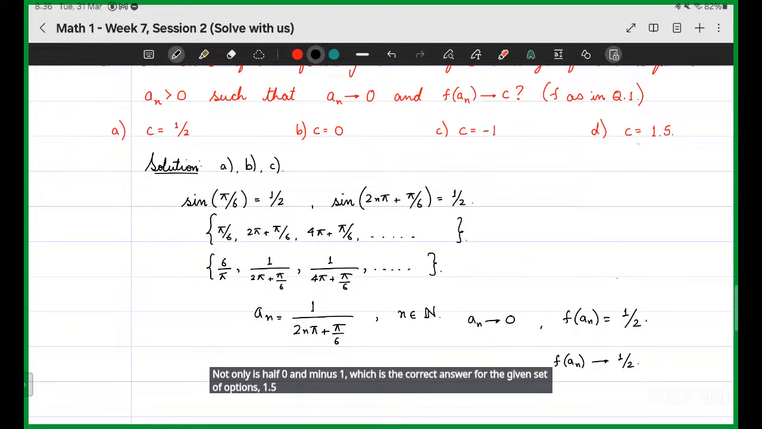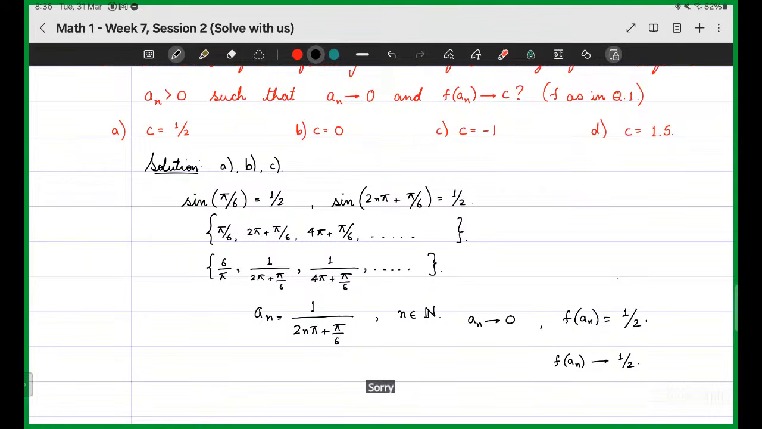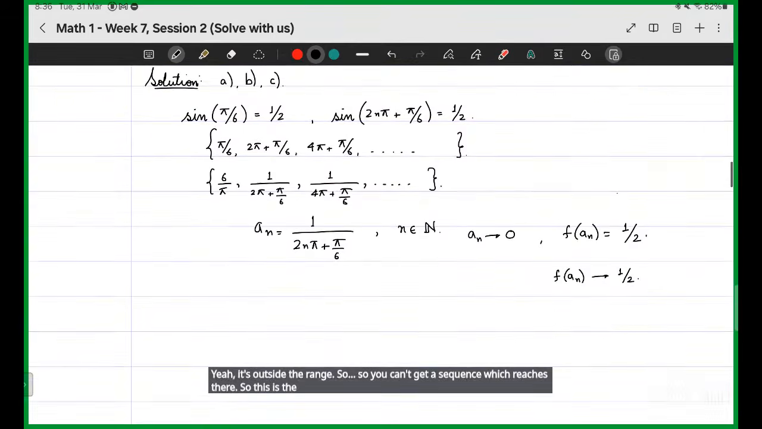1.5 is not possible because your f will never reach there, since it's a sine function. It can't be 1.5. It is outside the range. So you can't get a sequence which reaches there. So this is the solution. So similarly for